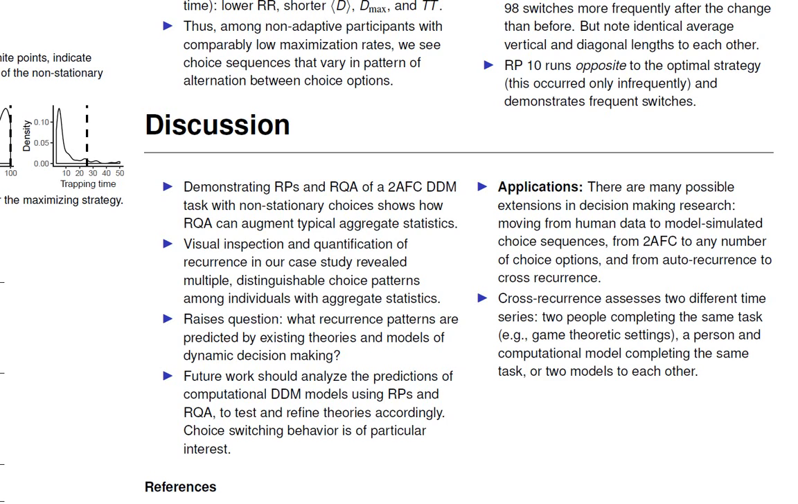In conclusion, we find that RQA reveals systematic variation among decision-makers who would be categorized similarly with aggregate measures. This implies RQA can give us new insights to assess and refine existing computational models and theories to better understand choice in dynamic